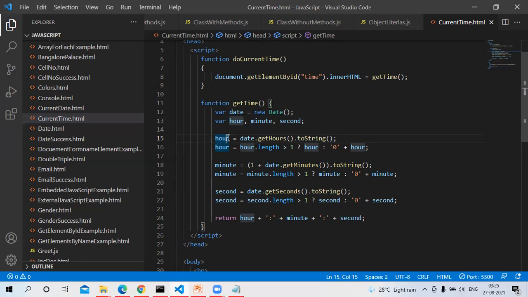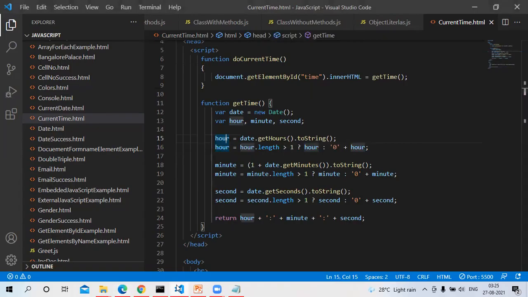If it is a single digit number, we add a zero in front of the number. That means instead of displaying 3, we display it as 03. The hour value is 3 actually, so instead of displaying 3, we make it 03. That's all we are doing here. We check if the hour length is greater than 1, we do not do anything. Otherwise, we add a 0 in front of the number.